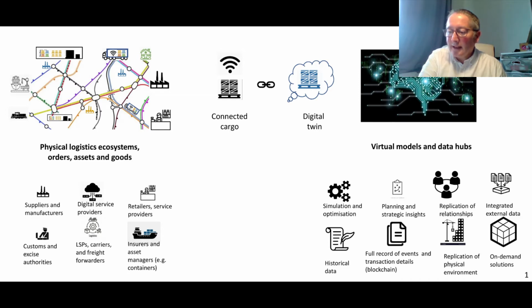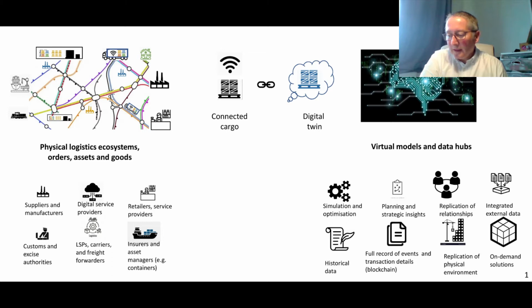So, for example, passing key data to customs and excise authorities, insurers, and asset managers, for example those who own shipping containers. Let's say for the connected pallet of goods, this pallet in the real world is represented by a digital twin in the virtual world and data hubs. And this allows simulation and optimization. Think of it as constantly inputting into a simulation model. So this virtual model can then provide logistics network users and service providers with real-time optimization, but also strategic and